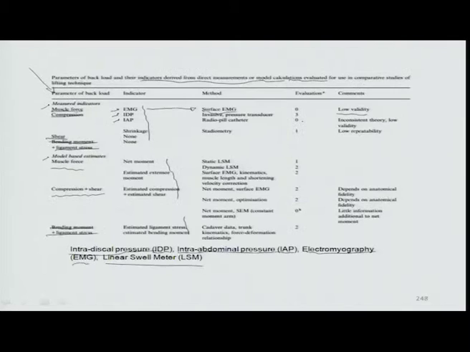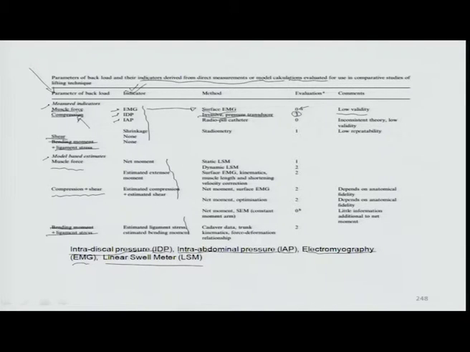Okay, so, in the same manner, these indicators, these different techniques are rated with respect to the measurement of the different forces, like the compression force or bending moment, ligament stresses, and so on. Some of them have low validity, some of them have very high validity. For example, this